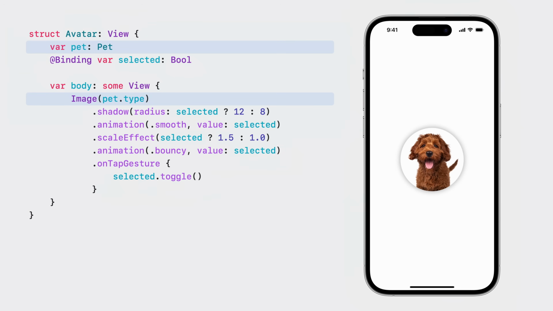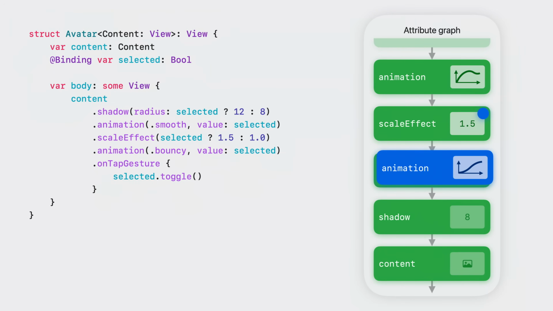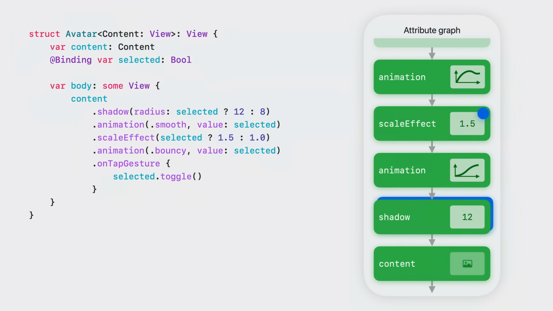This animation view modifier works well for leaf components where the entire subhierarchy is under your control. But for non-leaf components which contain arbitrary child content, it's much more likely for an accidental animation to occur. For example, if I want to reuse my avatar in another app that has nothing to do with pets, I can make it more generic by accepting arbitrary child content. In this scenario, I have less of a guarantee that when selected changes, the child content won't also have changed. This could result in an accidental animation.